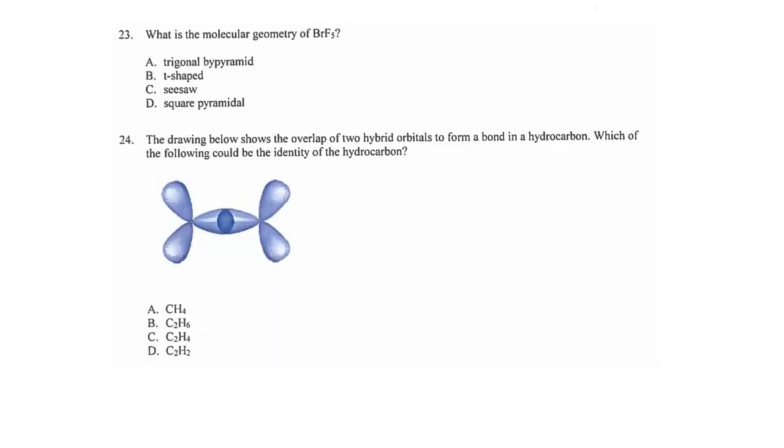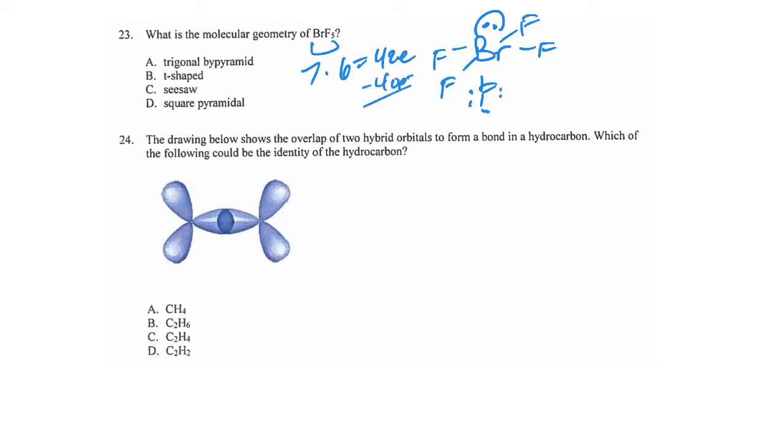What is the molecular geometry name of BrF5? So BrF5, central bromine, 7 for each, 42 electrons. So fluorine, fluorine, fluorine, fluorine, fluorine, and then a lone pair on bromine. We get the lone pair on bromine because each F has 8 electrons. I'm not going to draw all those in. So we have 40 electrons from the 5 fluorine atoms, that's 2 electrons left over that go onto the central